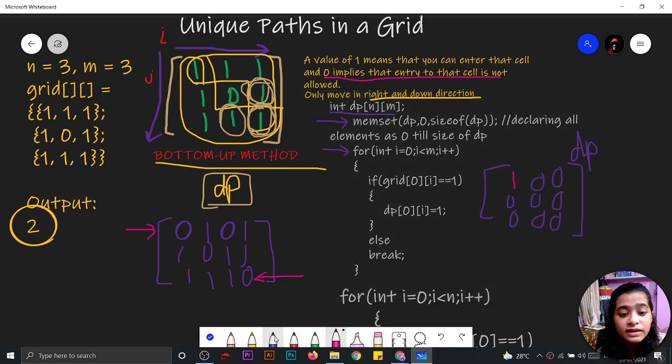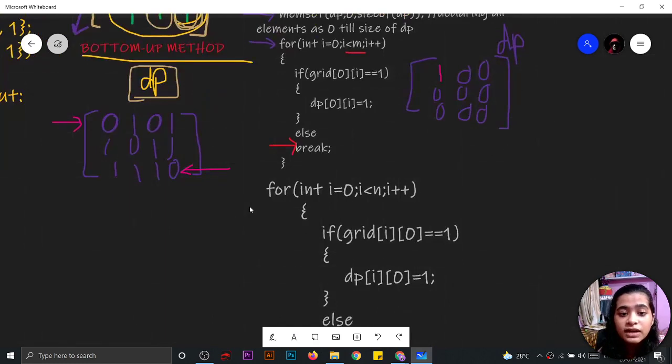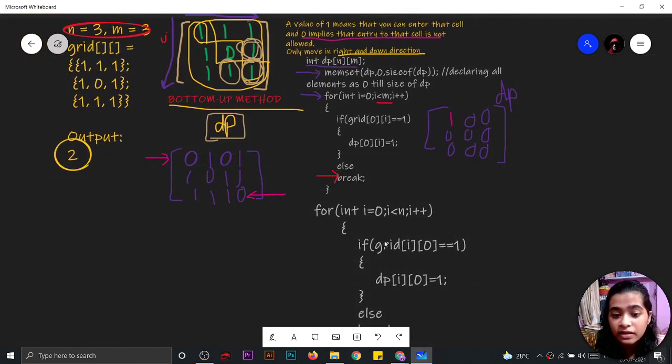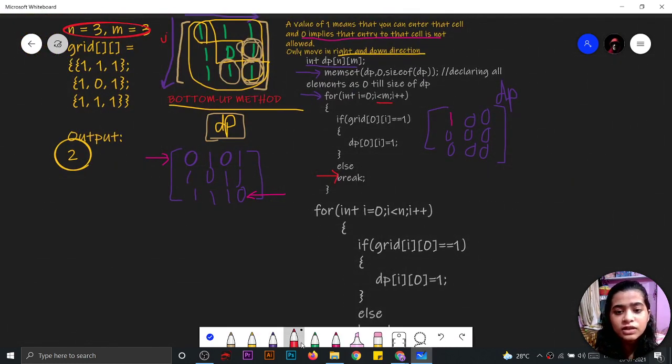We will run this loop till m. It is given in the input, m and n. Same condition we will check for n, the rows and columns. If grid of i, 0 is equal to 1, then dp of i comma 0 is 1.